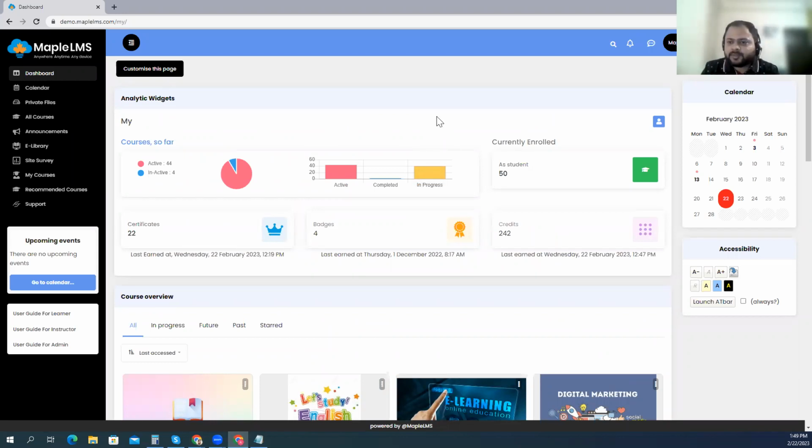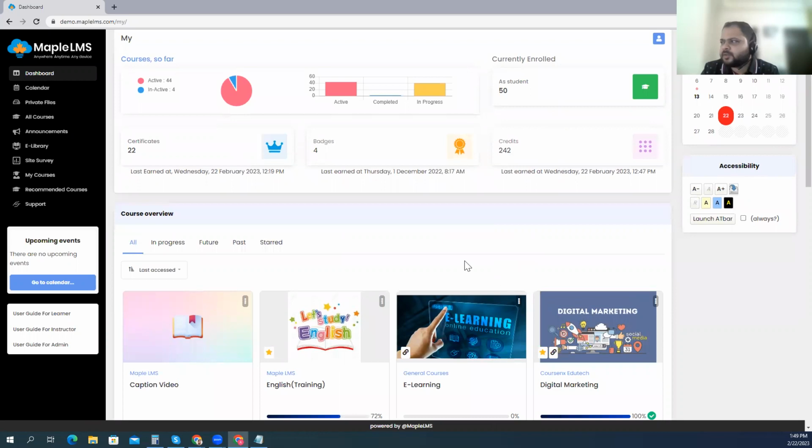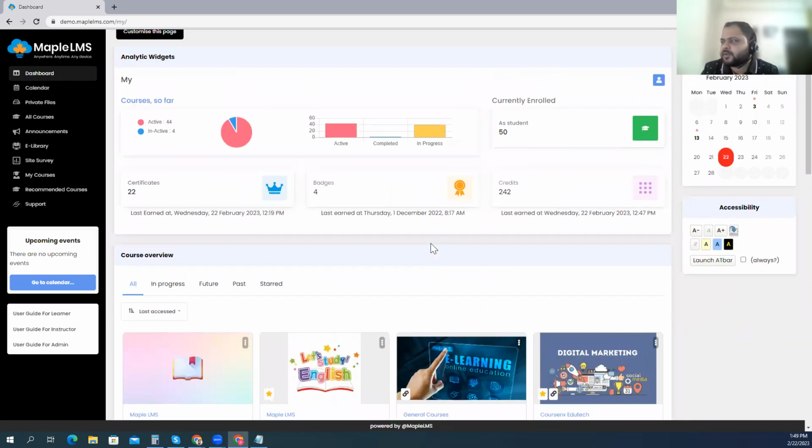And with MapleLMS, you do have a dedicated accessibility tool available for your interface. Okay, this can be found on the right-hand corner, and I'll walk you through these options that are available over here. But before I do that, some items around accessibility: it's not just about adding contrast or changing the layout, but it's about providing this functionality to your end user.